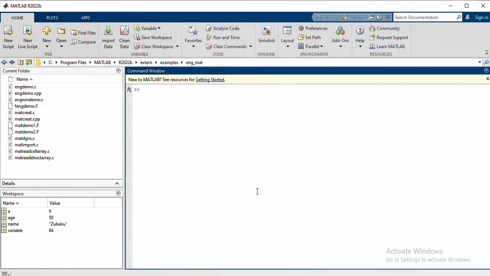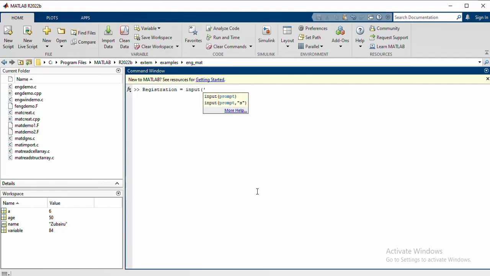Then I will type in registration number. I want to get the registration number of a student, so I'll type in. Then I said enter your registration number, so the input command,